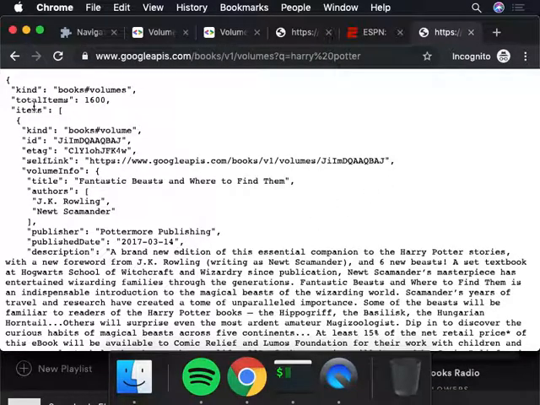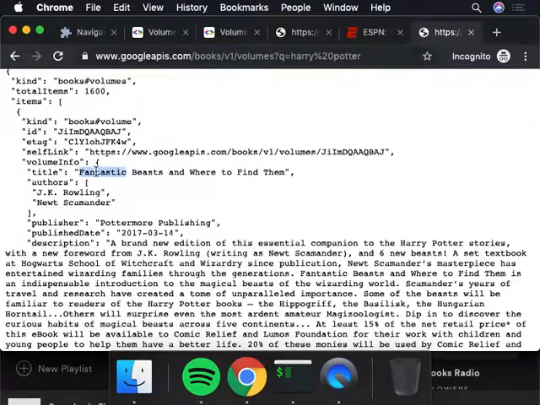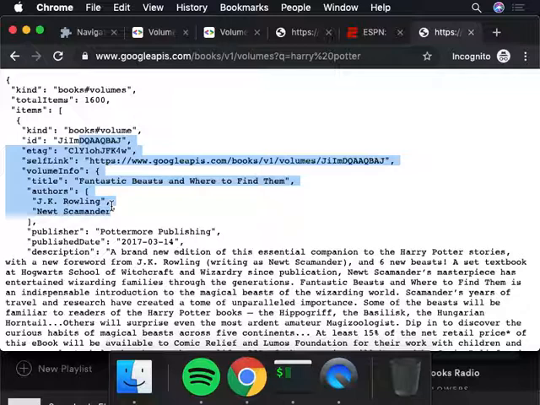So I'm going to type in Harry Potter again, and let's find out. Okay. So the first thing it tells me is here's total items, 1,600. So in other words, what I think we did is that this Q means query, right? It's your query, you're basically performing a Google search, but just about books for Harry Potter. And you're not specifying the author's name or the title or the ISBN, any of that stuff. You're just searching the text Harry Potter. And it's coming back with responses, like a Google search.